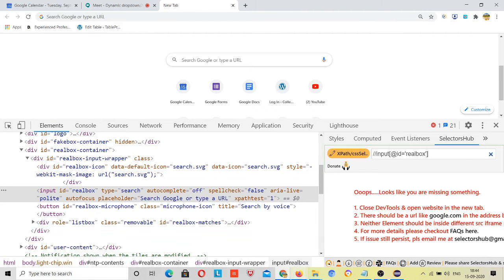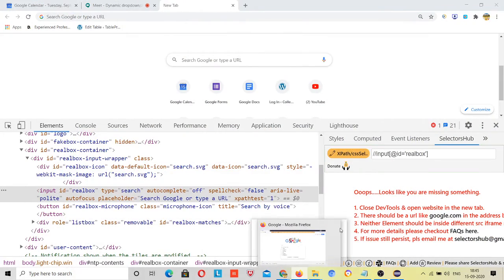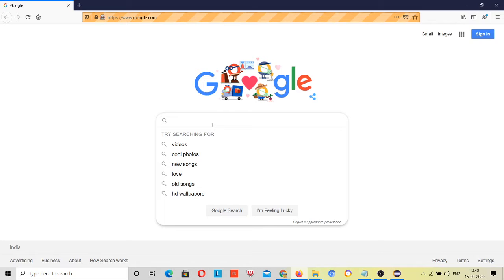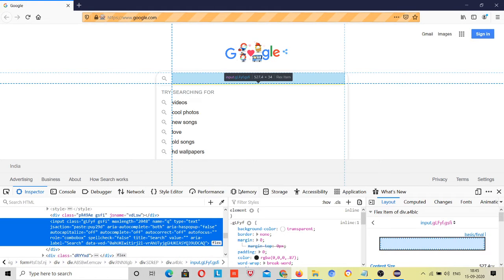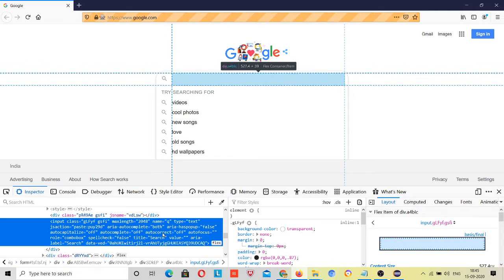Just come to this Firefox. Now see, right click and inspect element. See, this time the data suggested by Firefox is totally different, right? You have not seen any ID over here, no ID is present here.